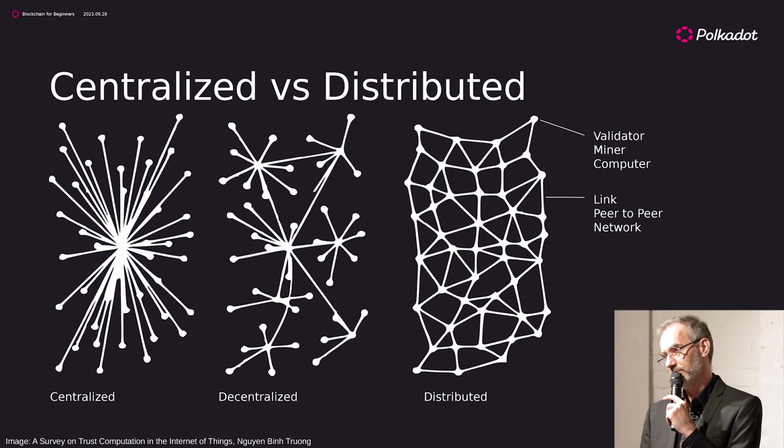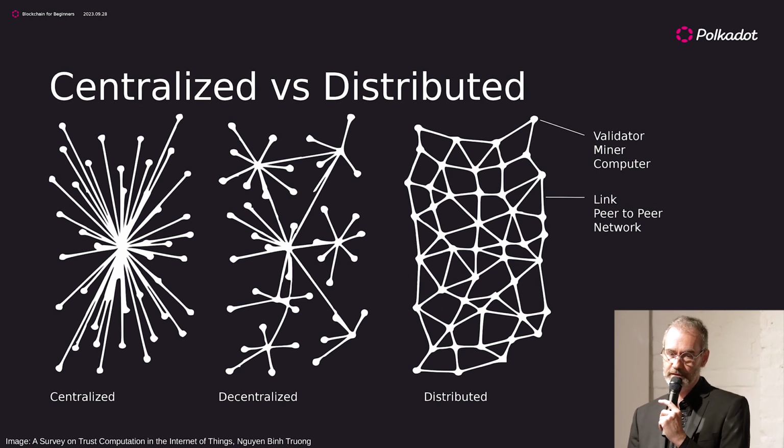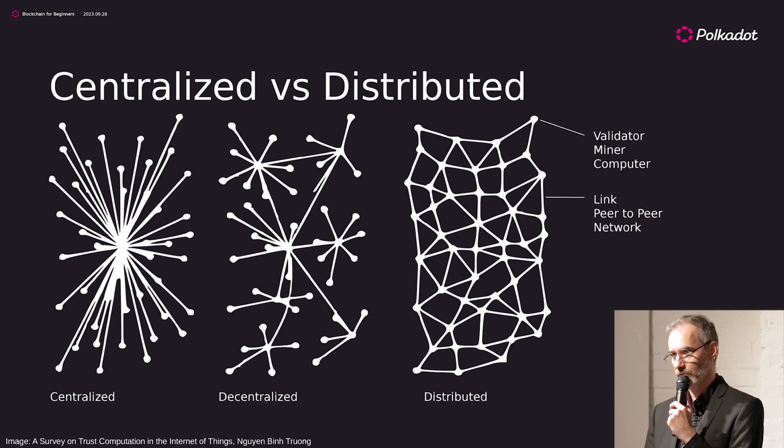On the right side, distributed network, and something in between, which is more or less the current web, I would say, where we can see the main difference is that the validators here as dots, and the lines basically as communication channels. It shows very clearly that the more centralized we become, the more nodes supersede other nodes, so they control the communication. When we're in a fully decentralized distributed network, on the right side, we can see that there are a lot of ways the communication can pass through the network.